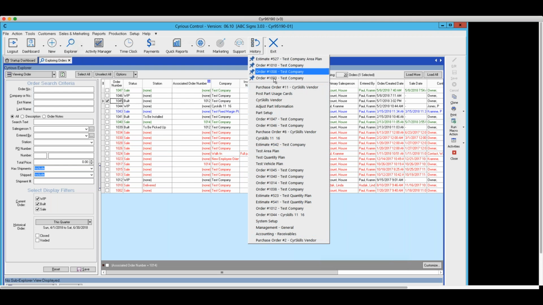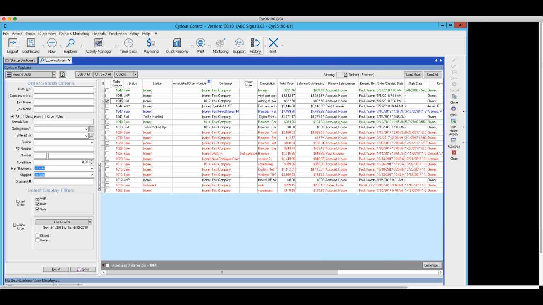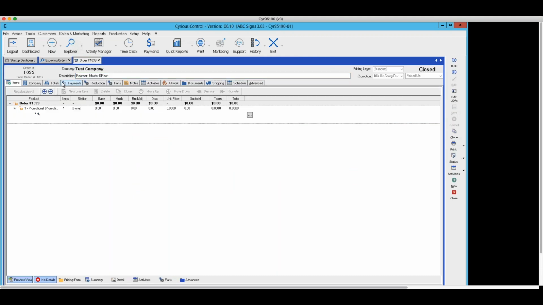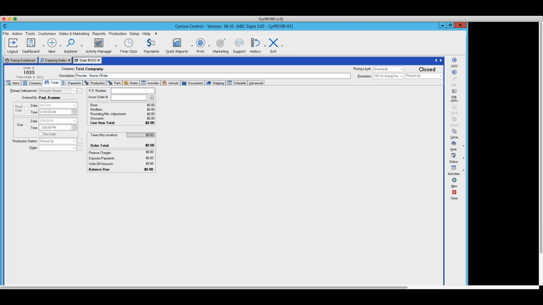Now, up here at the top, these are items that I have deliberately tagged, or using the terminology that Control uses, pinned, and said, I want to highlight those and have them appear at the top of the list. Okay, so I'm going to open this one, and if we go to the totals page,